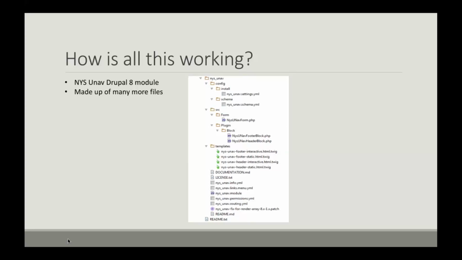The logic is actually placed in the src directory, which you can see right there. There's a few files within there. This follows the Symfony PHP framework structure. Symfony is an object-oriented PHP framework that was chosen for Drupal 8 at the beginning of its development. Diving into the Symfony documentation, you can see the similarities between core Symfony development and Drupal 8 module development.